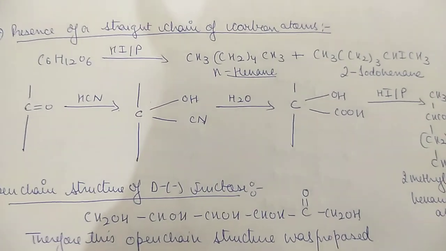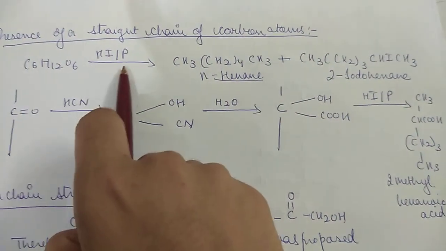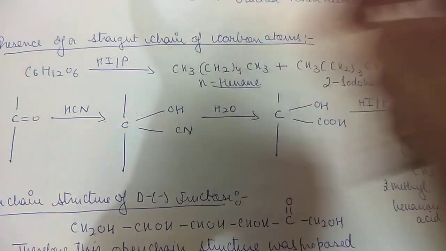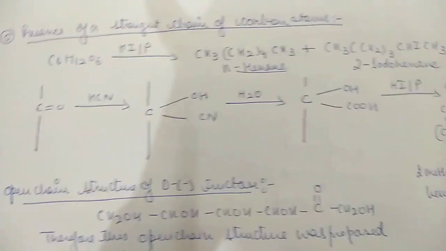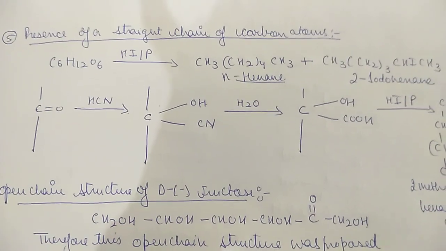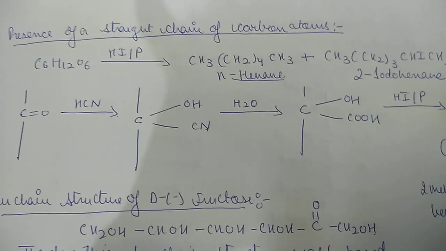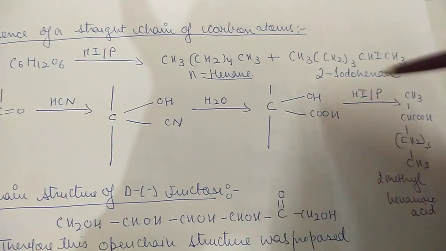This is 2-iodohexane. It means that HI and phosphorus are very strong reducing agents. They reduce the ketonic group and hydroxyl groups to normal hexane,